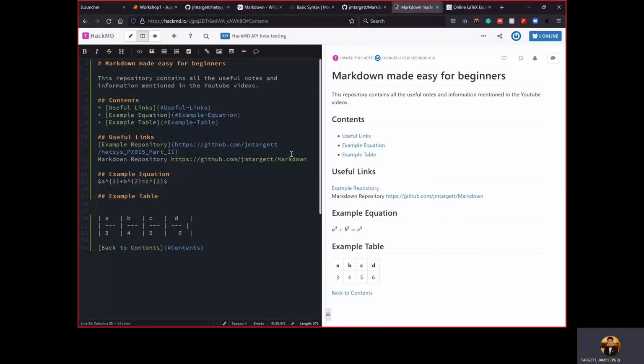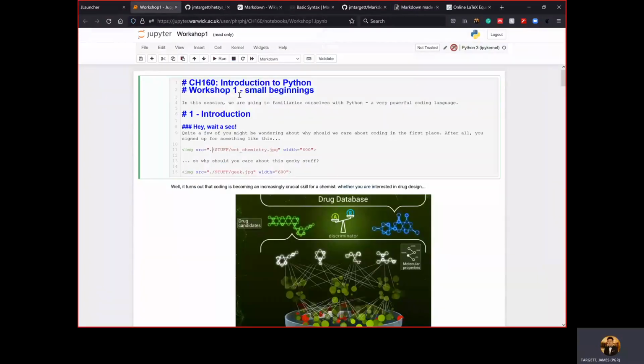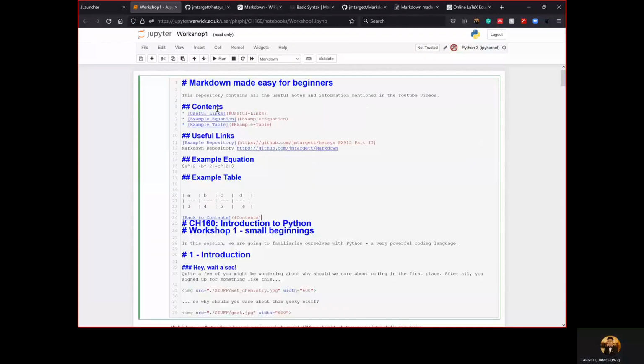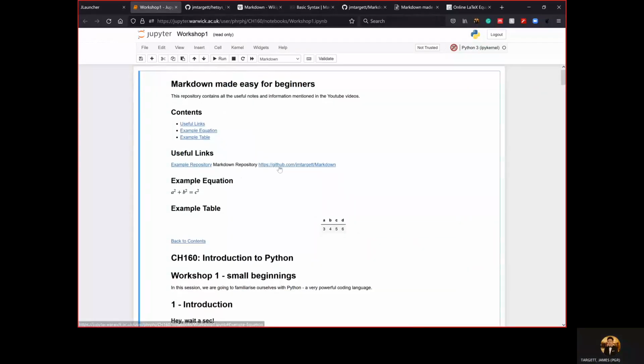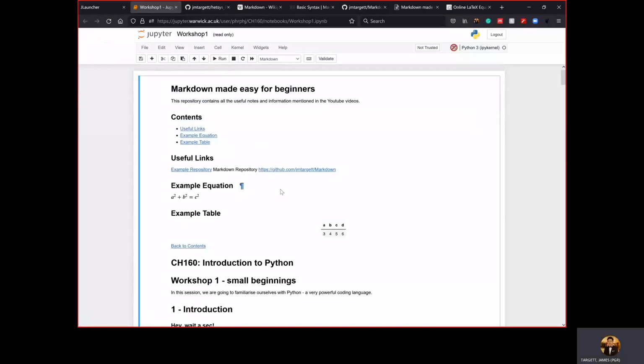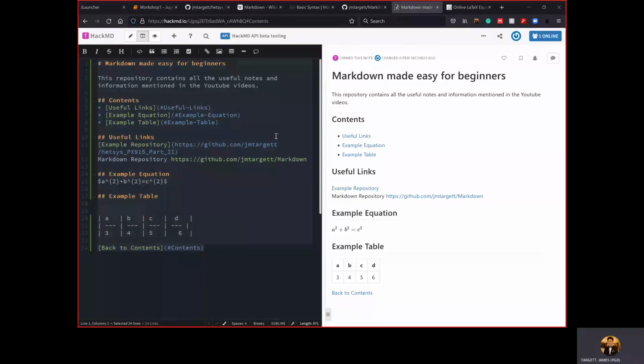Okay, so now we have a simple but complete Markdown file. The next step to do is totally up to you. If you are formatting in, say, a Jupyter notebook, you can just simply copy and paste everything from HackMD into a Markdown cell. So for example, like this, you copy and paste in here, and Control Enter, and you got your step here, right? Or if you are